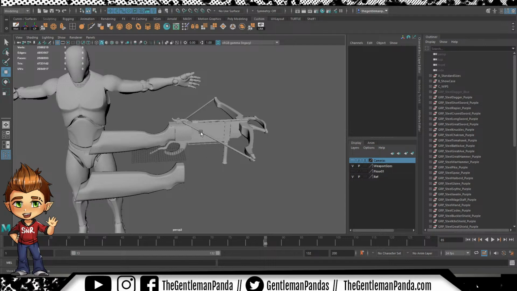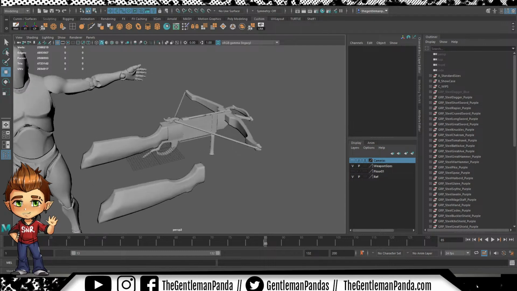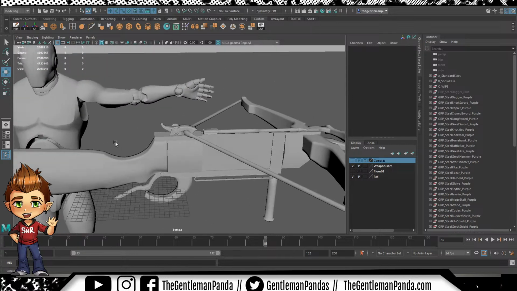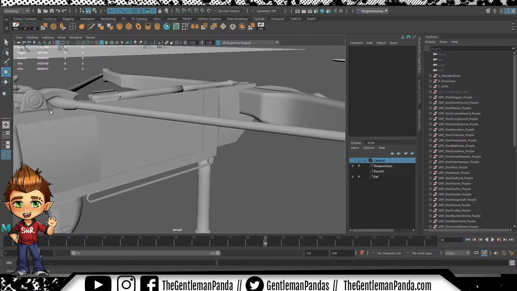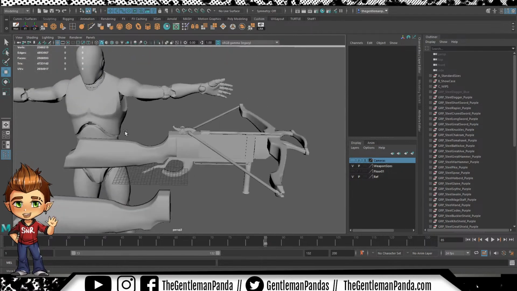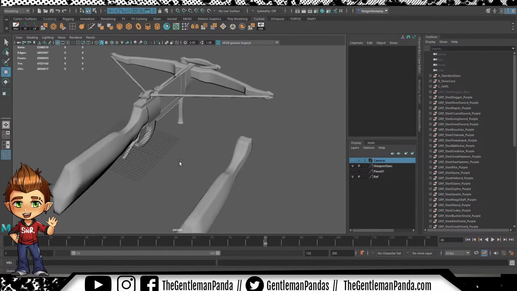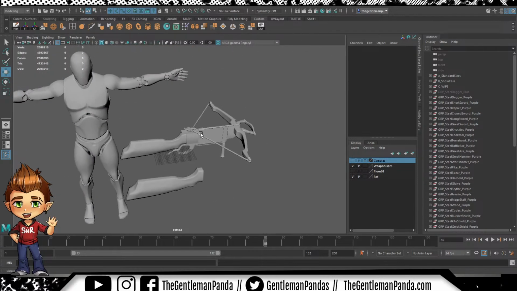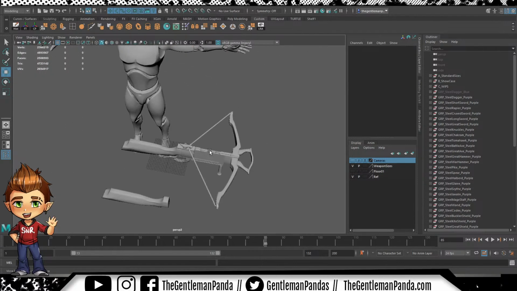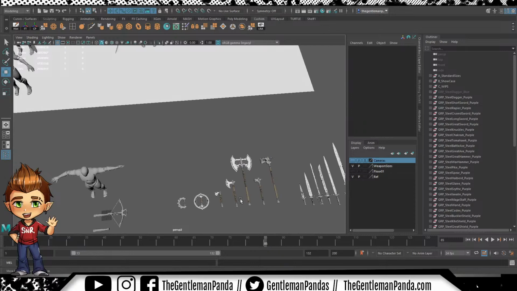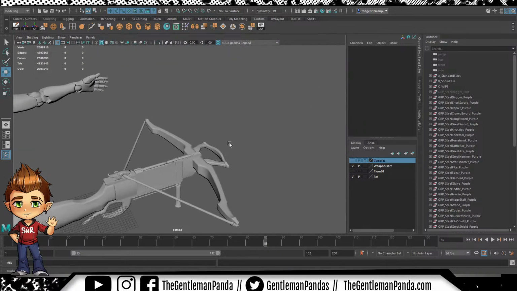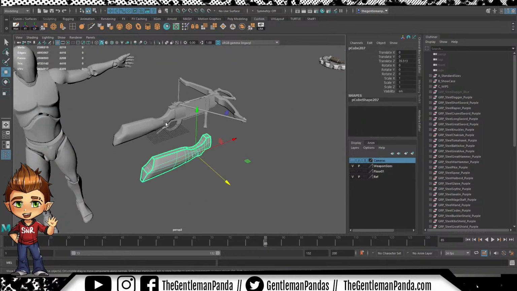But I also need to work on some additional variations of this in the form of a handheld pistol style crossbow and then a very, very large rifle style crossbow, which is going to be a bit of a challenge because